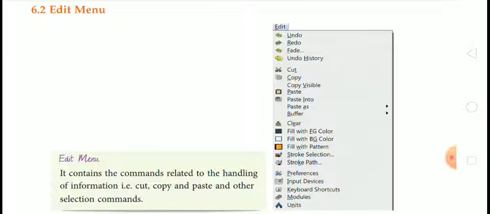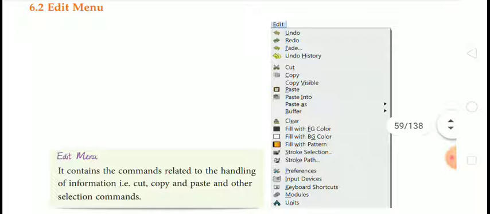If you want to fill patterns in your image, at that time you can select the fill with pattern option. When you click on this option, all the available patterns will be visible on the screen, and you can select according to your choice which pattern you want to fill in your image.